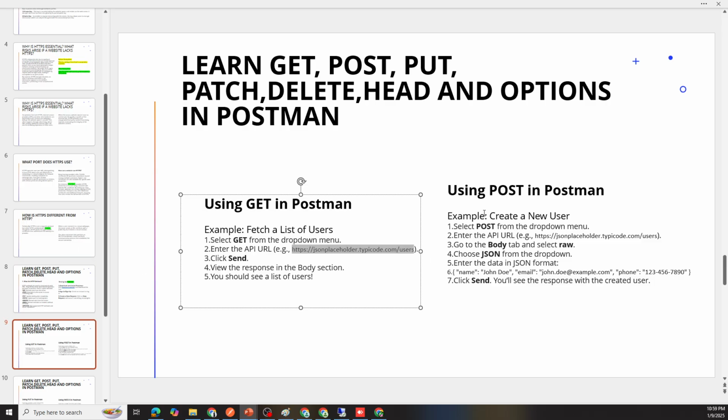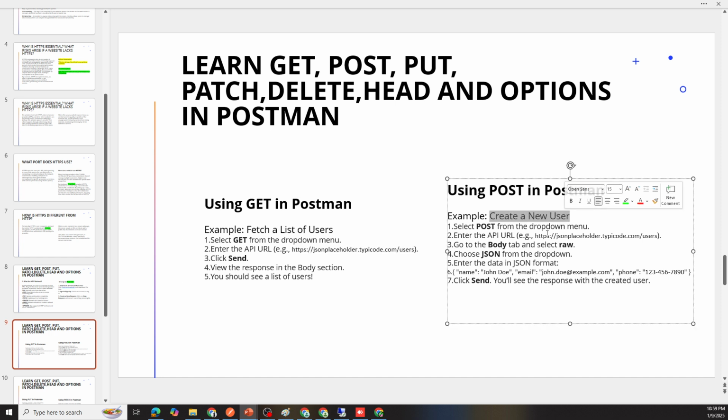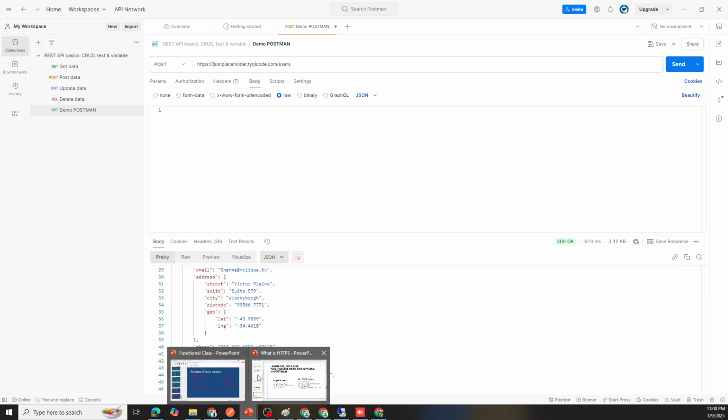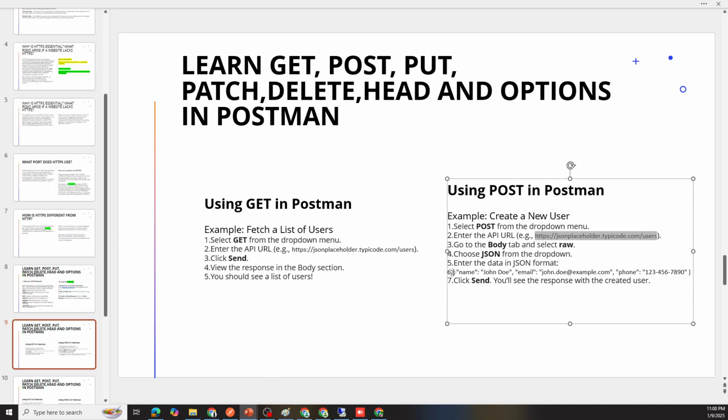Then post. Now I want to add a new user. So what I will do, I will do it like this. The same users, same thing will be there, only the method will change, the post method. And now I need to go to the body, and then go to the raw, and under the raw method I need to go to the format in which I want to send the data. Okay, so I want to send the details of this one. I will send the details like this,